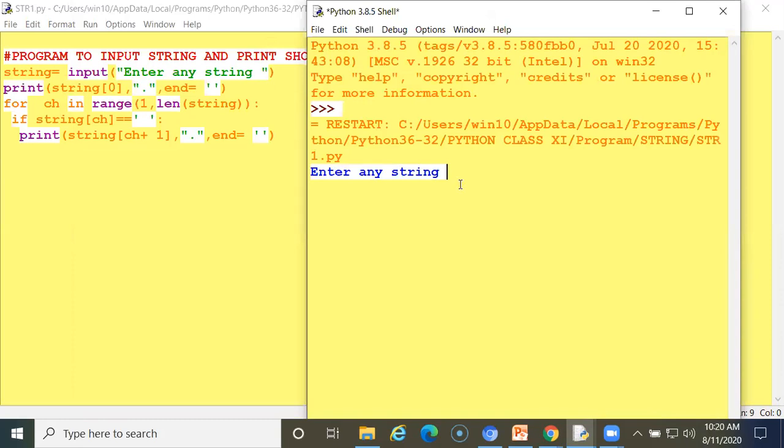So here I am writing this name, I am inputting. See here, only the first character will appear, and after the first character a dot will appear. See, here I have given a space, that's why it is putting a dot. Now again I'll run my program.